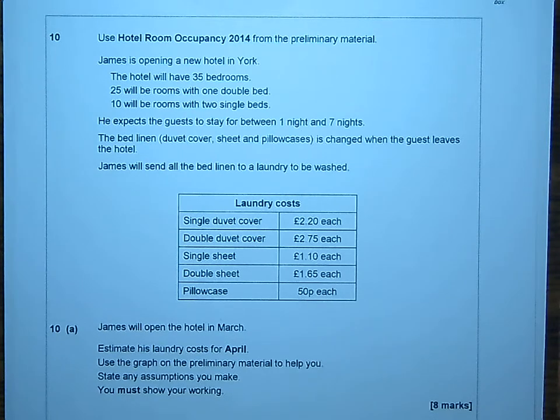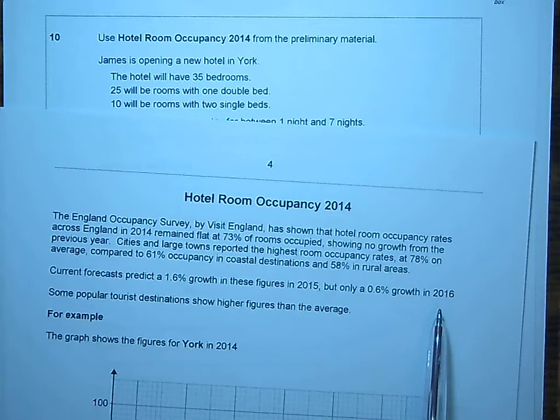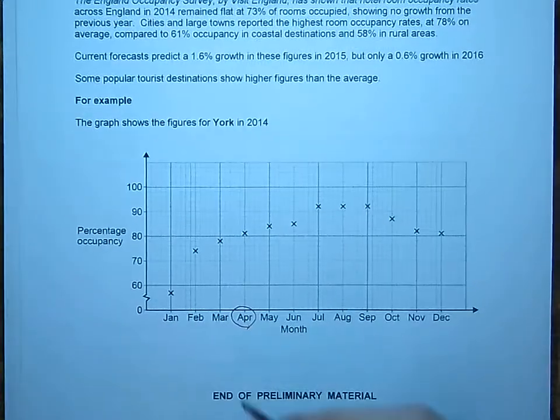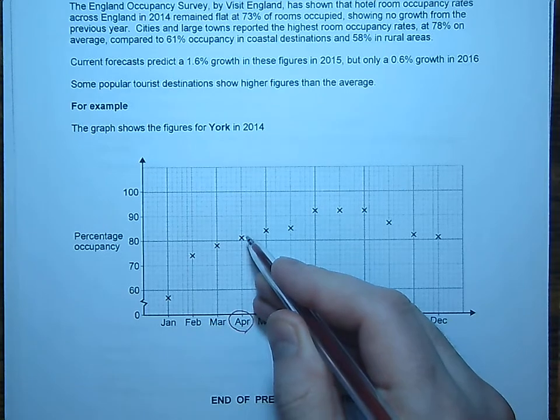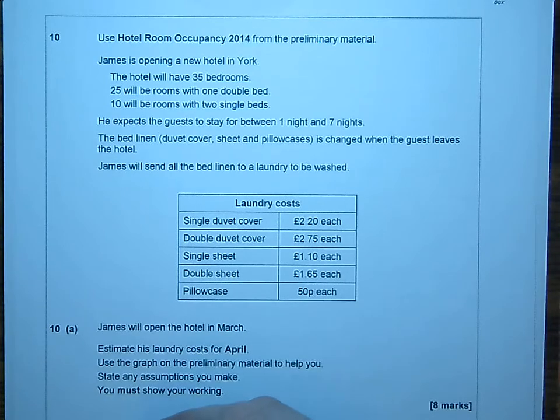Now, admittedly, when I was looking at it before I started recording this video, there were a few questions I wanted to know. Well, what year was he opening this? This paper was set in 2017, but the preliminary material only refers to growth rates up to 2016. So I guess we could take it as being 2016 as a predicted growth. If we look at April, I've circled that here, and reading that off, to me that looks like 81% occupancy. So I would start with 81%